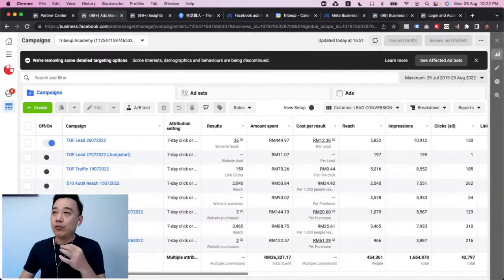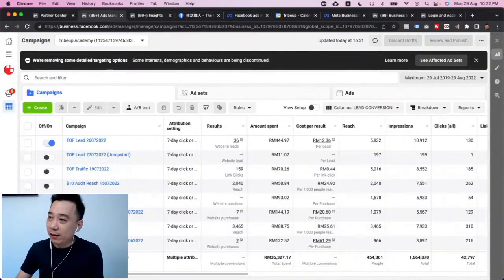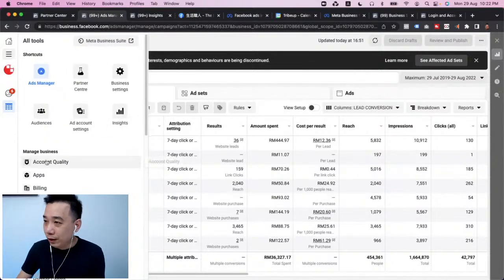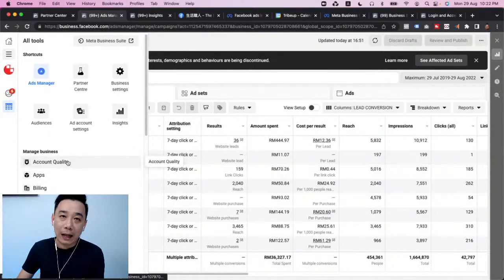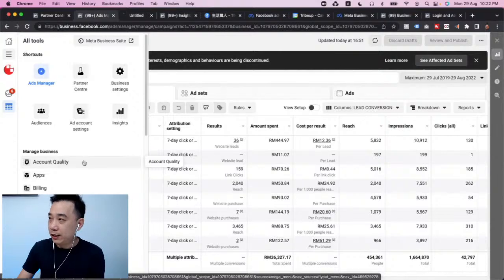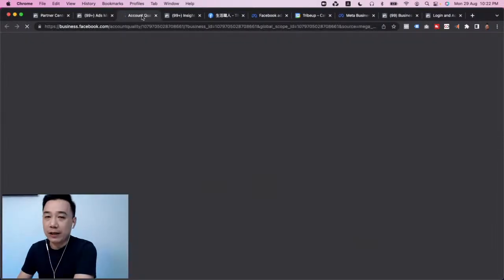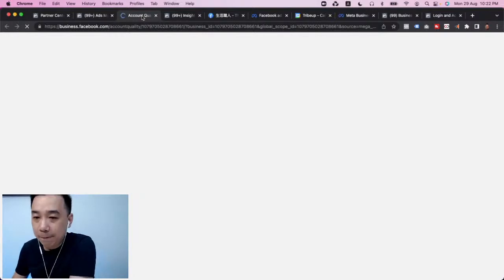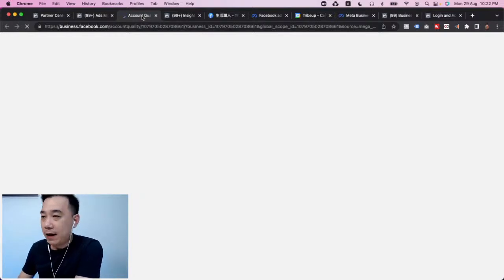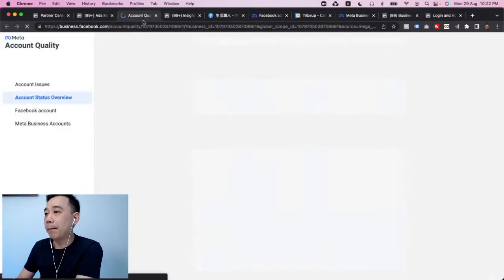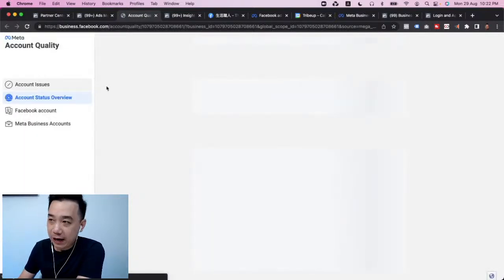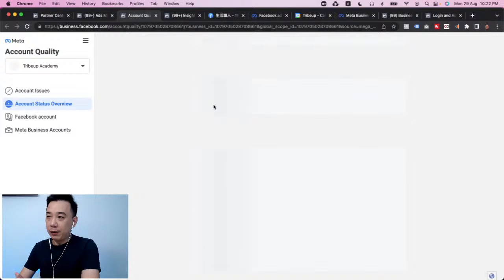But if you want to get this quickly, it's very simple. Go to the hamburger menu over here and click on it. Scroll down, and there is this thing called Account Quality. You can right click and open it in a new tab. When you get into Account Quality, you will be shown the issues you have in your account, your overview, and whatever situations.